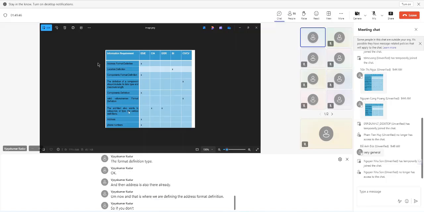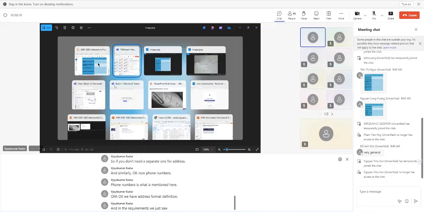So you don't need a separate one for address. And similarly, okay, now phone numbers. Phone numbers is what is mentioned here. Okay, we have address format definition, and in the requirements, we just saw that requirement. Where is that? Let me just